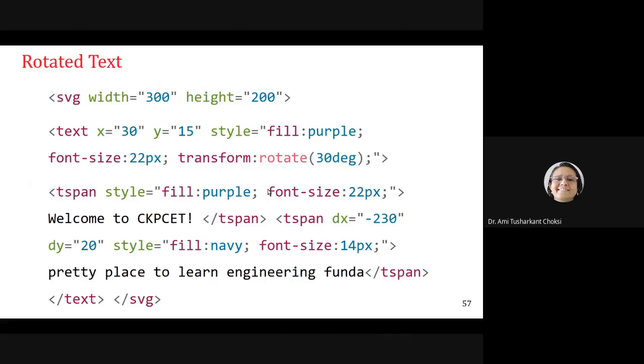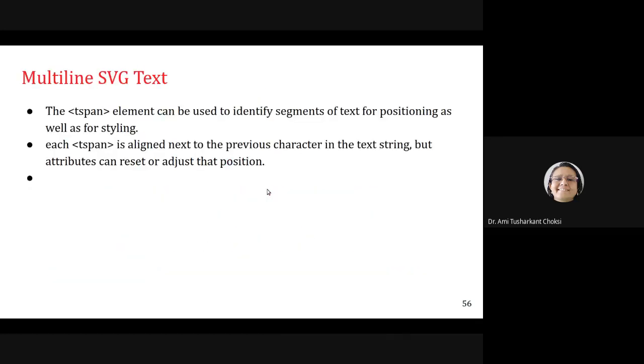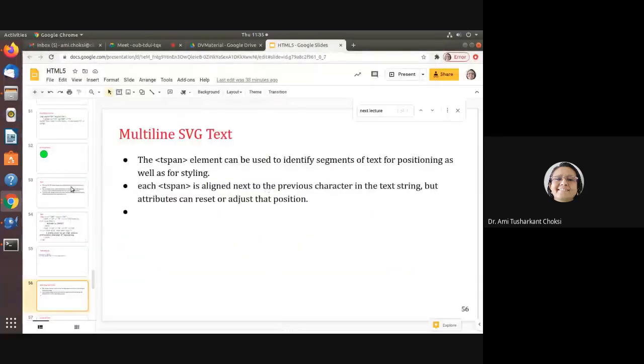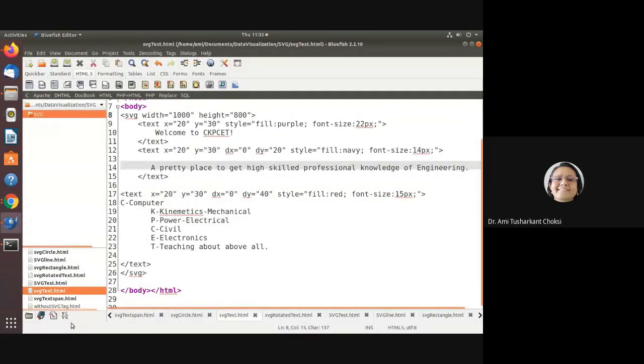So, for that, let us see the example that is here. Yeah, here it is.